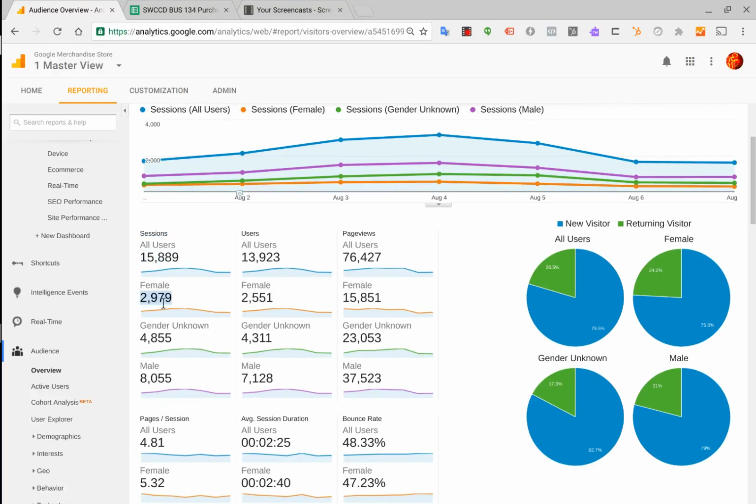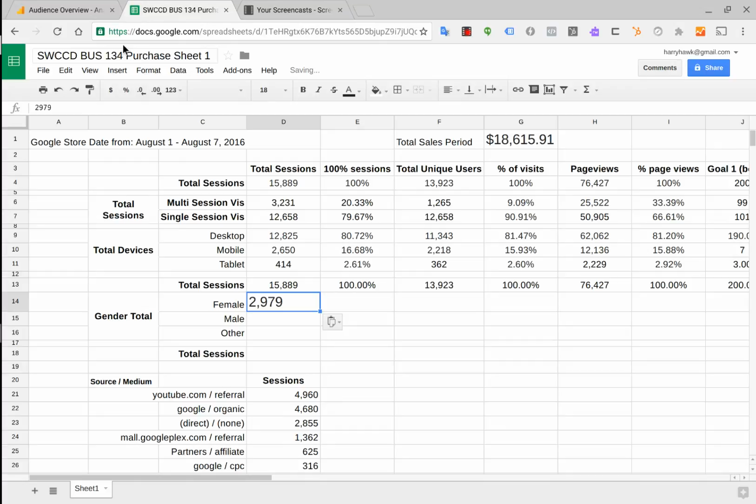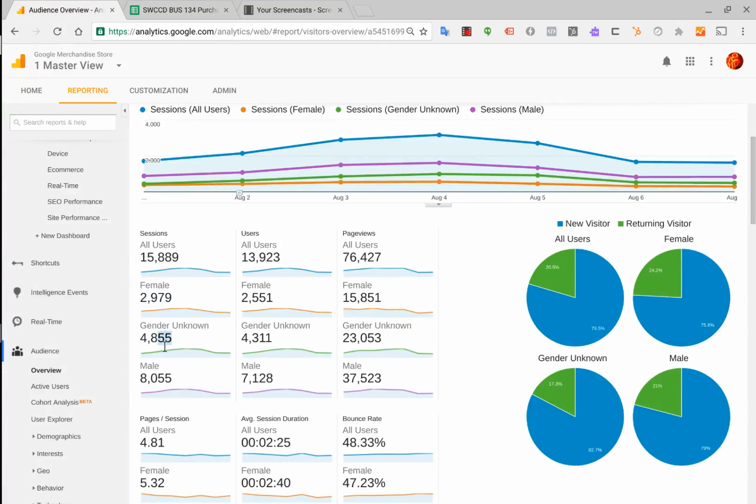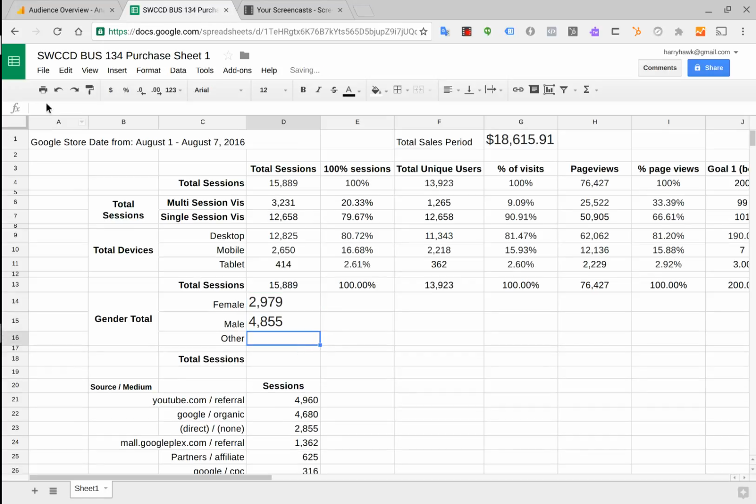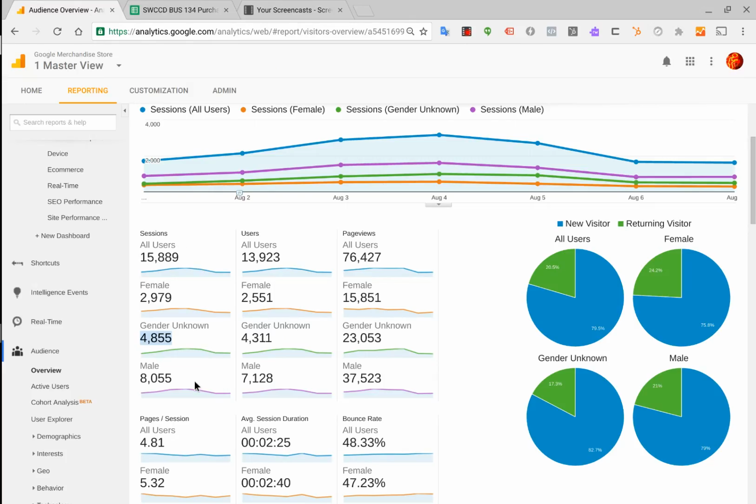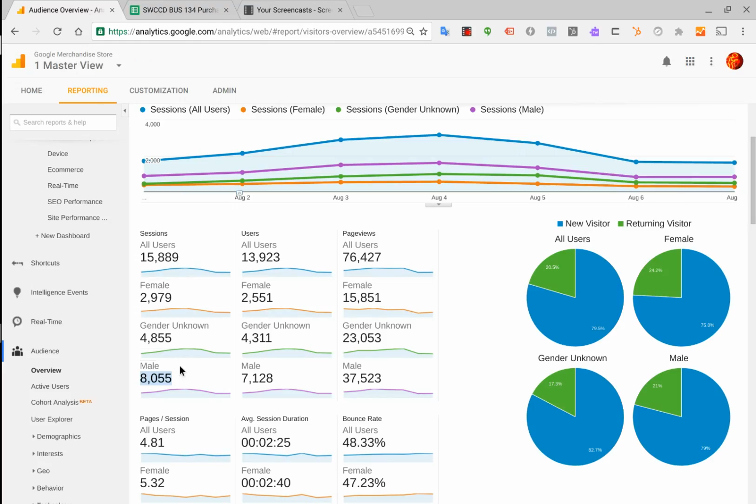So we're going to grab the female number, and you're just going to watch me. I'm going to go back and forth, and I'm going to paste in these numbers. And so these are, again, the first column is always sessions. And so we're doing sessions by gender. Now the order here is female, male, and other. And here we have female, gender unknown, and male. And so there are ways of going through here and changing the order and moving things around a little bit. But we'll just try to